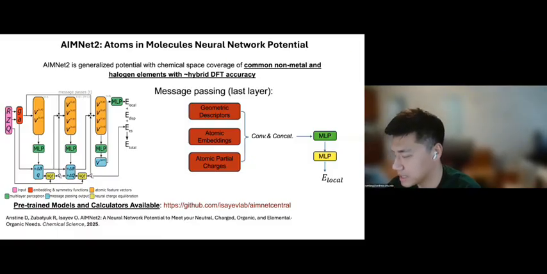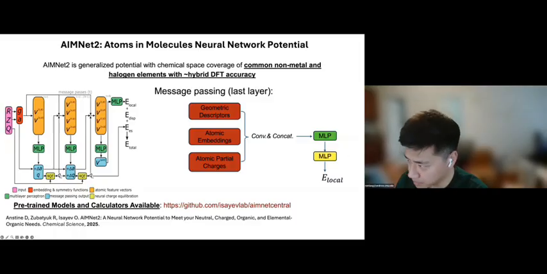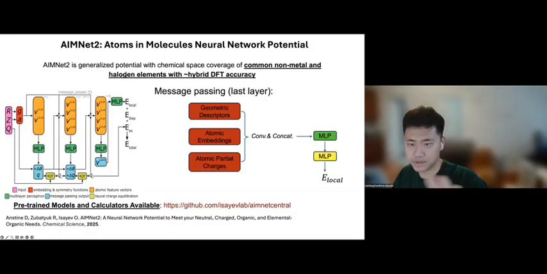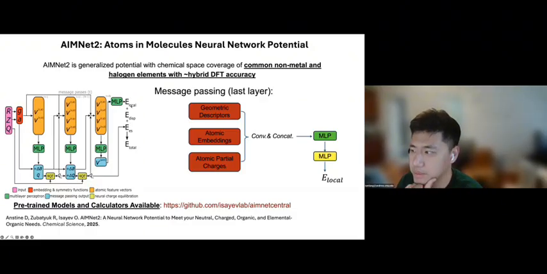a multi-layer perceptron. The output between these two multi-layer perceptrons we call AIM, atoms in molecules. It's like a vector representation of the whole molecule. We pass this representation to another independent multi-layer perceptron to get the output of the local energy of this molecule. And if you look back to the left, the local energy will be combined with the dispersion energy,